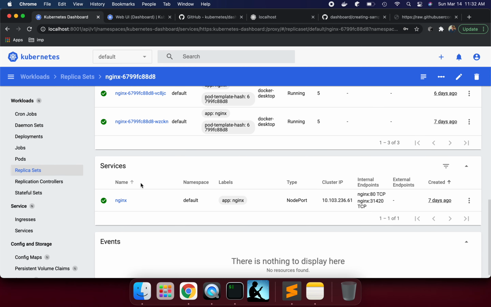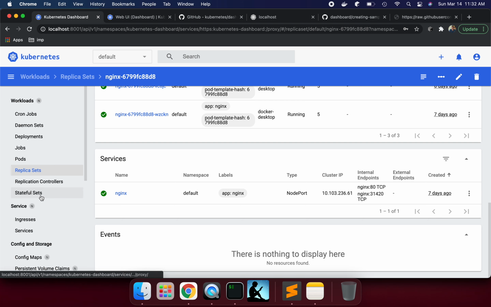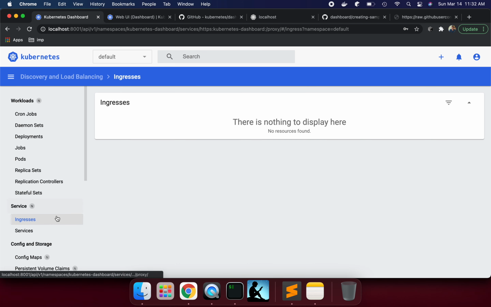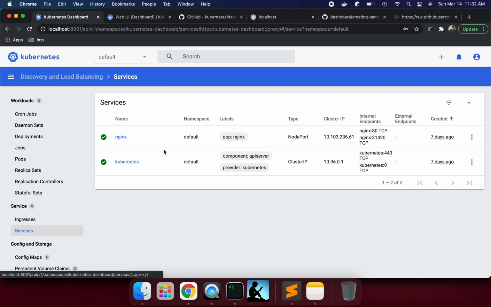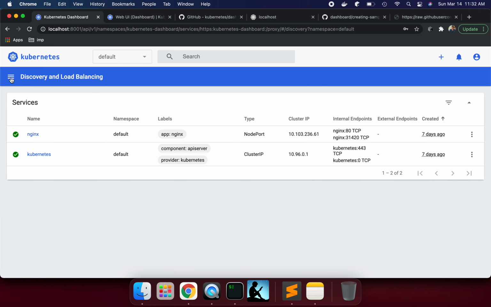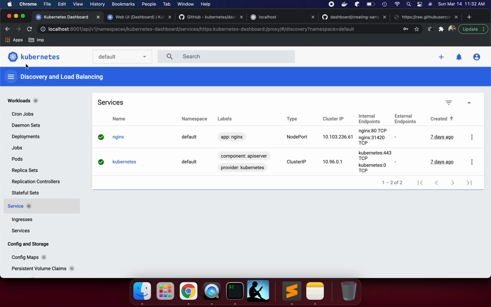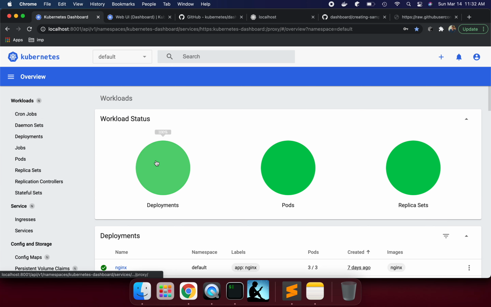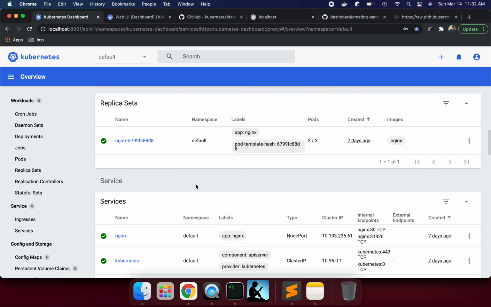So many things we can use through the UI: the stateful set, ingress, route URL, services. We can see it is running this service as well, the core Nginx service. So we can see everything through this perfect UI. That's really nice, where we can look and see all the details of our running application.